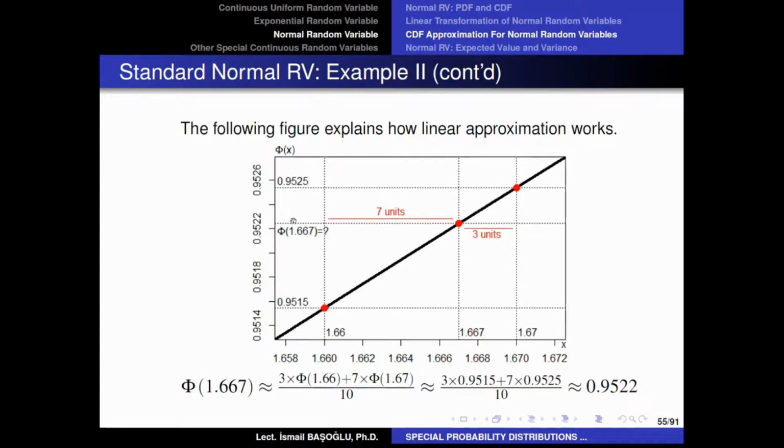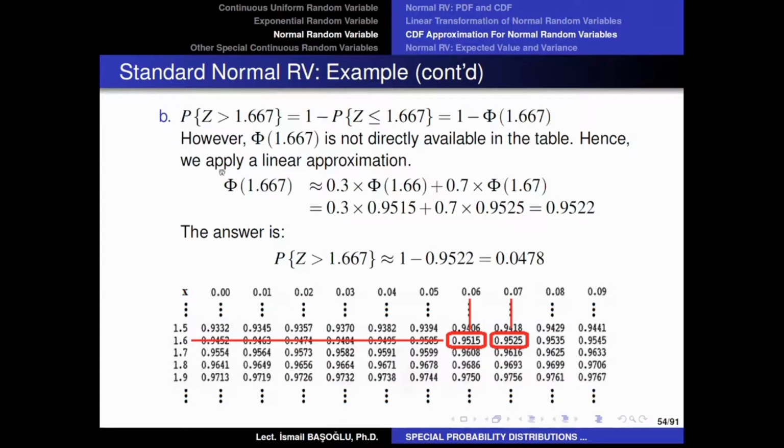If I have 3 units of distance here, I need to multiply the phi at 1.67 with 7, and I have to multiply the CDF at 1.66 with 3. And the response will be approximately 0.9522. So I can approximate the CDF at 1.667 by taking a weighted average between these two values, and that is going to be